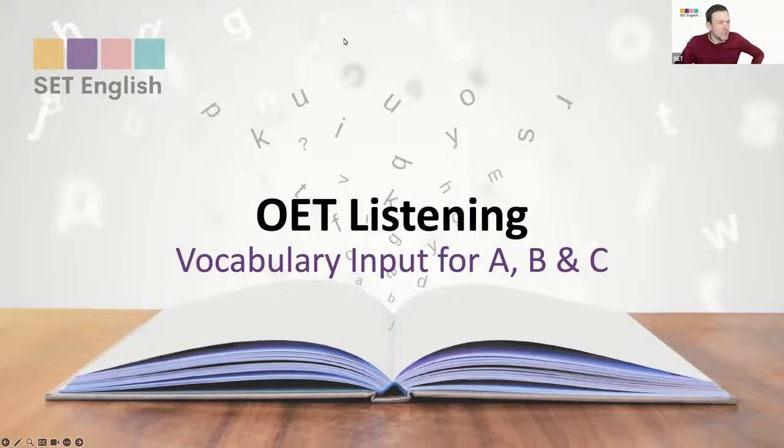How many times am I going to read the words? Once. Just once for listening, that's it. Okay, so here we go. Number 1, intuitive. Number 2, coax. Number 3, gunky.